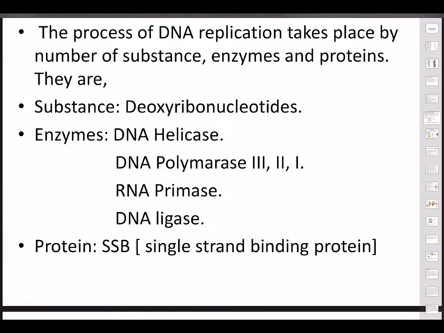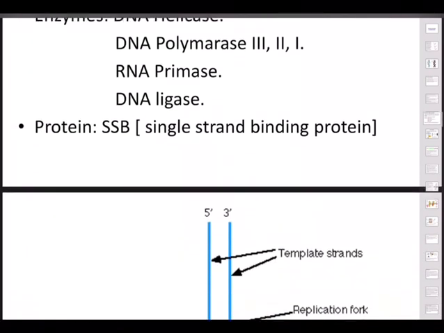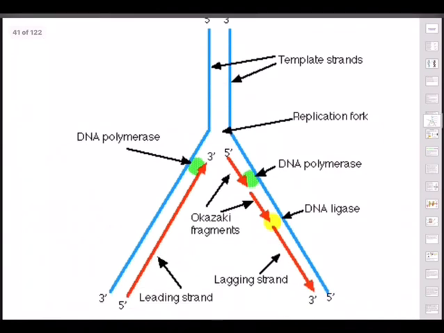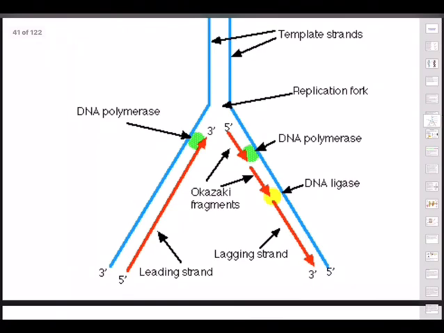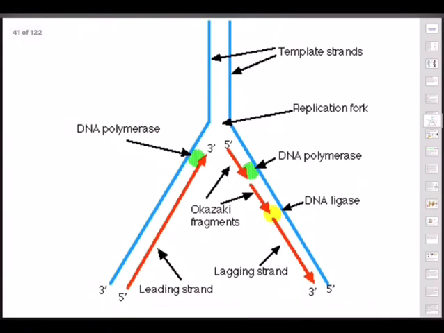Now the mechanism of DNA replication. The process of DNA replication takes place with a number of substances, enzymes and proteins involved. They are: substances, deoxyribonucleotides; enzymes, DNA helicase, DNA polymerase 1 to 3, RNA primase, and DNA ligase; and the protein is SSB, not Service Selection Board, of course. Single strand binding protein. So this is how it happens. You have template strands, and there is a replication fork, a Y-shaped one, and the original DNA one, DNA polymerase